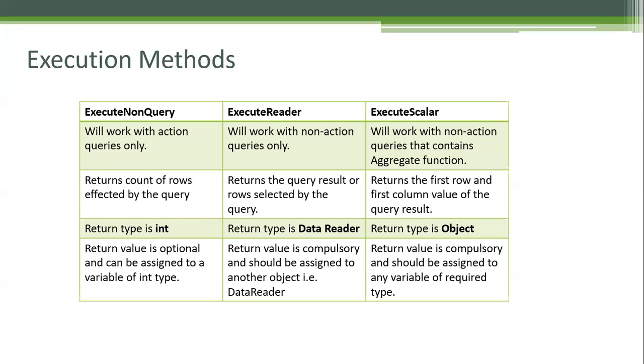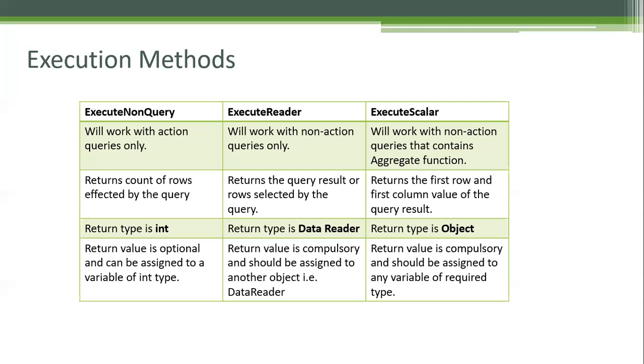When we use execute non-query, it returns the count of rows affected by the query. So whenever we run a query using the execute non-query method, it will return the number of rows affected. If you write an update query and it updates 10 records in the database, then it will return a count of 10. So its return type is integer. This is an important interview question. Just remember it and practice queries with each one.